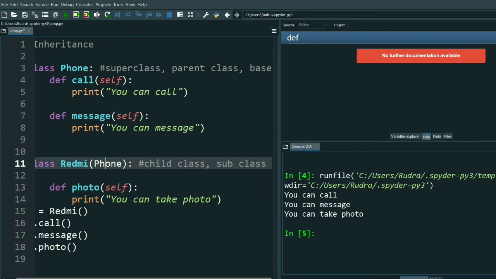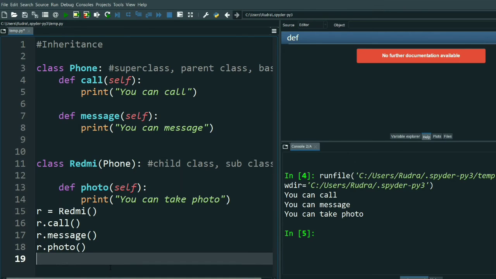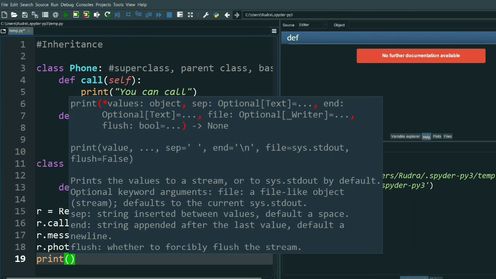Okay, that's it. Now suppose we want to check whether Redmi is the child class, whether Redmi is a child of Phone. For checking, we will write print is subclass.